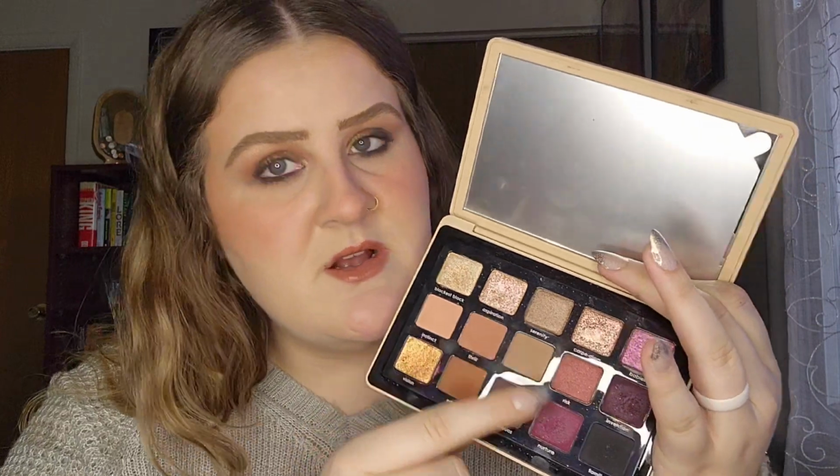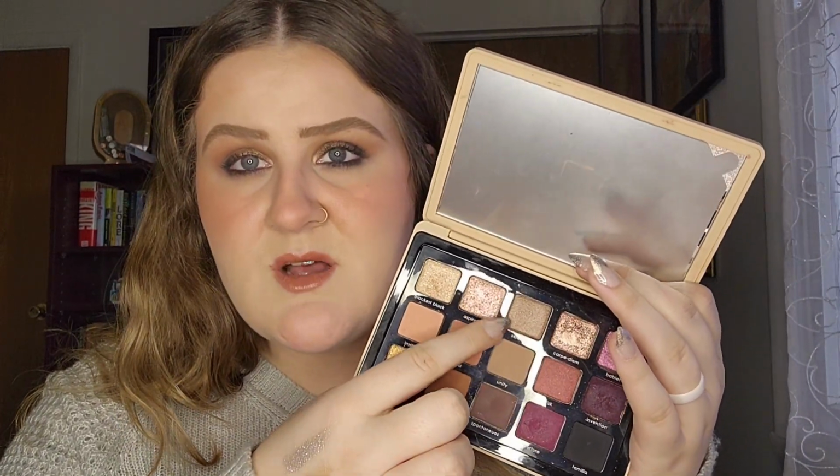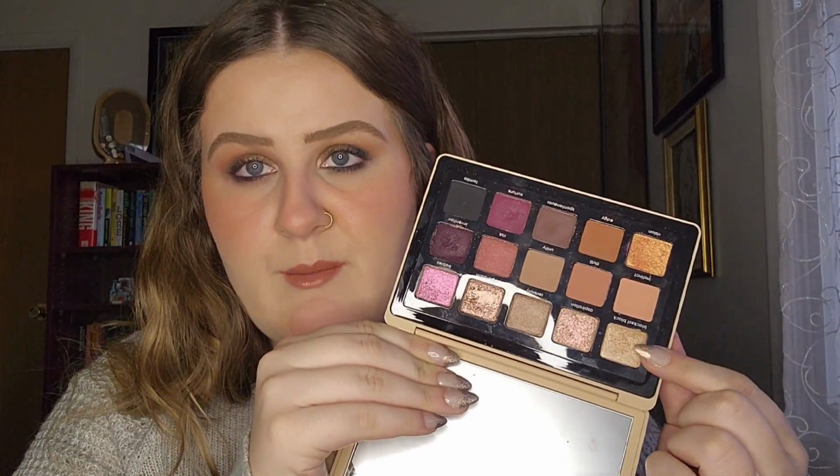This one's my personal pick that I would take to my grave. This one is a solid recommendation. I'm actually wearing it on my eyes today. I chose to do this in the crease, this on the outer V and lower lash line. I smoked it out with a little bit of this shade, and then this is all over my lid. But again, it's more of a satin finish. So I laid that all over my lid, and then I topped it again with this Moondust shadow. I also put this shade on my inner corner and my brow bone. So bottom line, this one's phenomenal for the everyday consumer that wants to add a little bit of luxury into